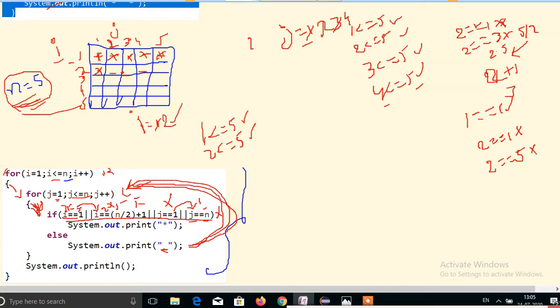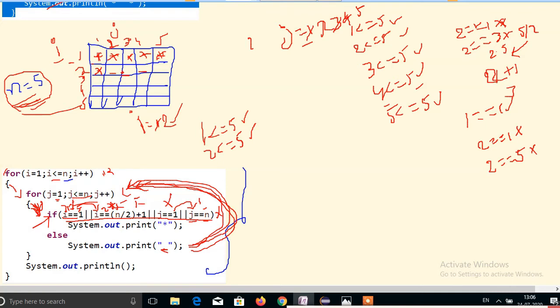Finally, j is incremented, so now j is 5. 5 less than or equal to 5, the condition is true, so it goes inside the body and checks the conditions again. The i value is still 2, so those are false. j double equal to 1 is false because j is 5.